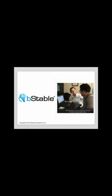Okay, so I'm going to run through some slides on B-Stable. What we do with B-Stable is we provide a solution that facilitates better communication between the patient and the provider. So the way it works is it's a patient-centric model, as you can see right here. And that patient actually collects information on how they're doing on a daily basis and then sends that in the